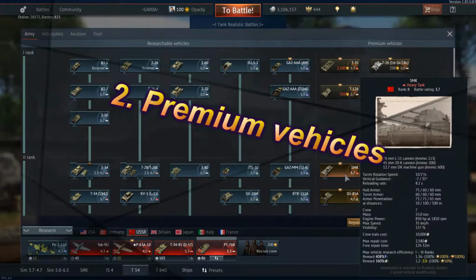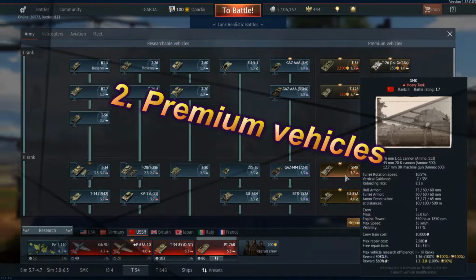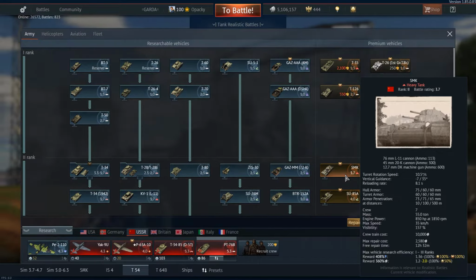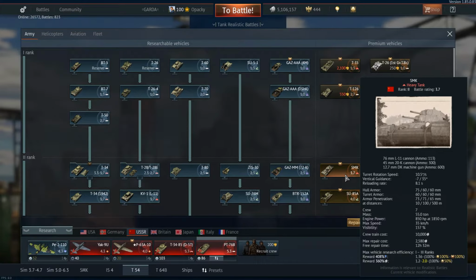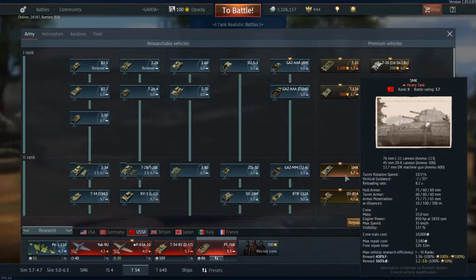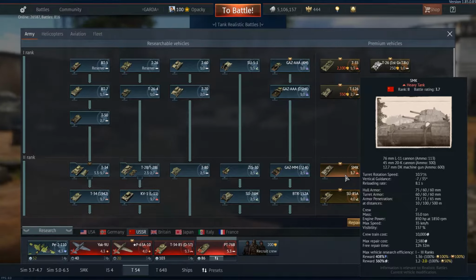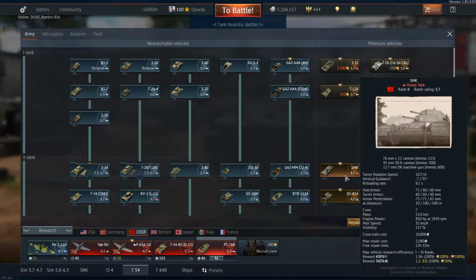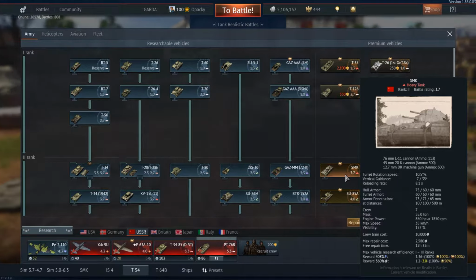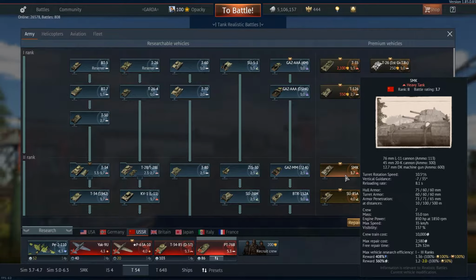Second one, premium vehicles. Also pretty much straightforward. It's basically like having premium account but only with certain vehicles. I recommend this only if you really like that vehicle and enjoy playing it, because you will be limited to only that vehicle. Premium vehicles can be obtained by completing tasks during special events, otherwise they are pretty costly, and if you ask me, I would always go for 1 year premium account rather than some fancy and expensive premium